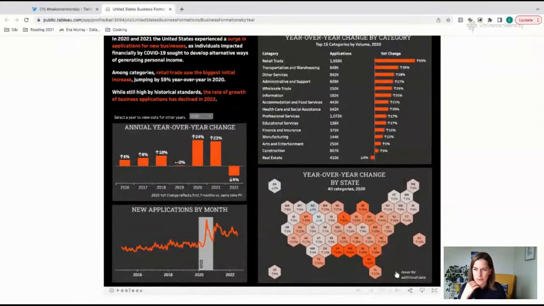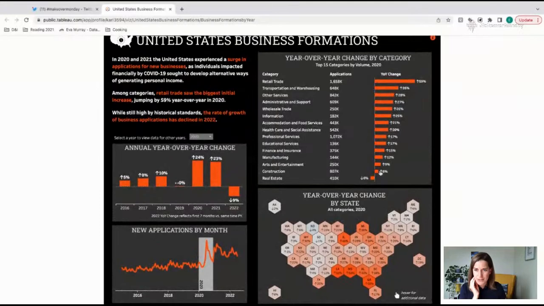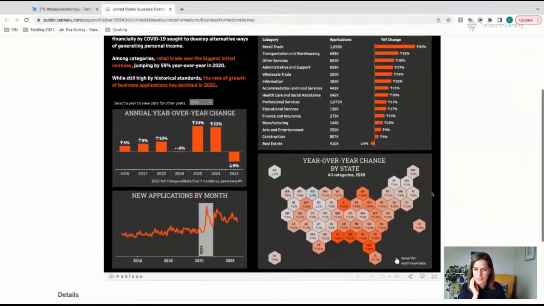I find it confusing why there are different time frames for the different elements on the dashboard. And I would say those that are above each other, so the bar chart and the line chart, should have the same time frame. So at least it's consistent. If I read down, 2020 and 2020 should be aligned. But it's interesting to see the different industries, the breakdown there. I think that's really helpful because it shows there's growth. I like that. And then there's addition.